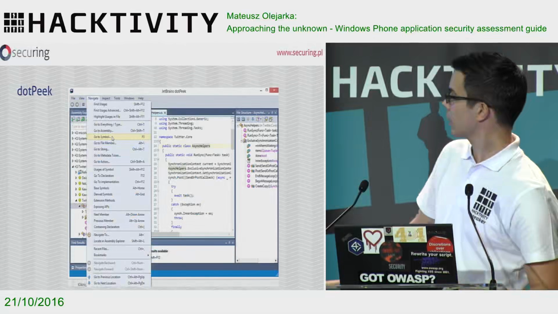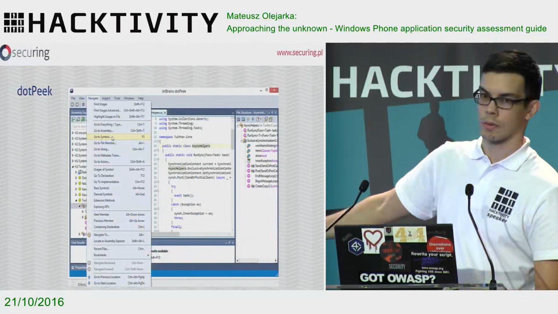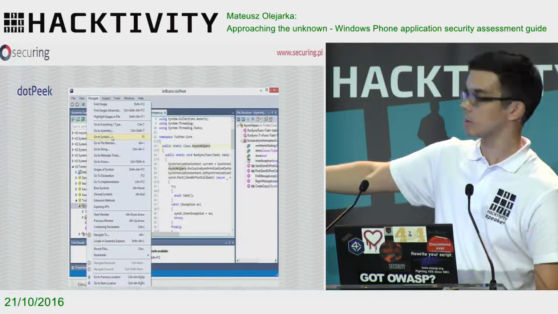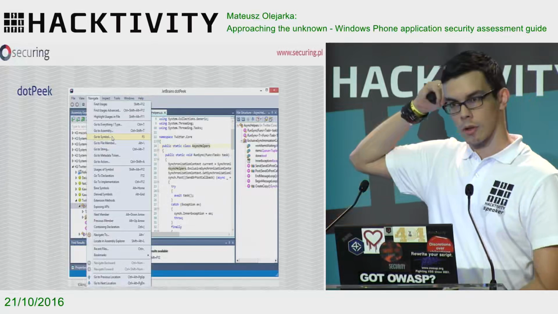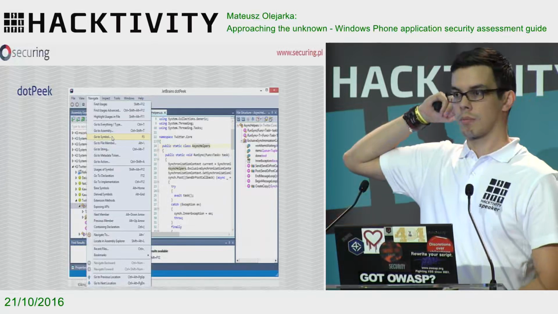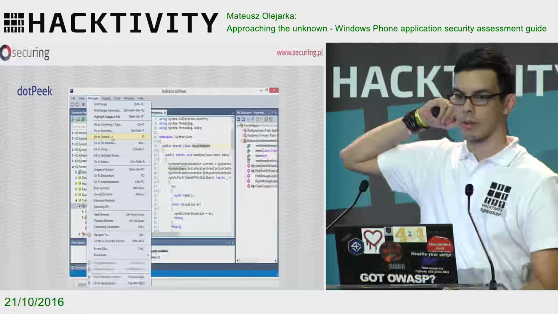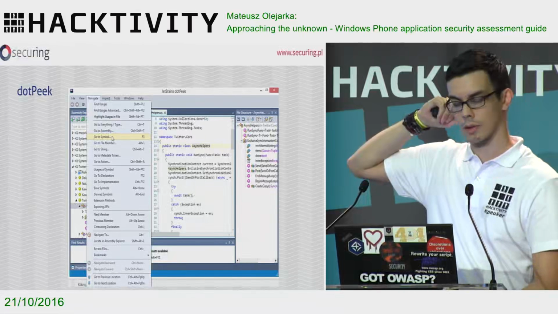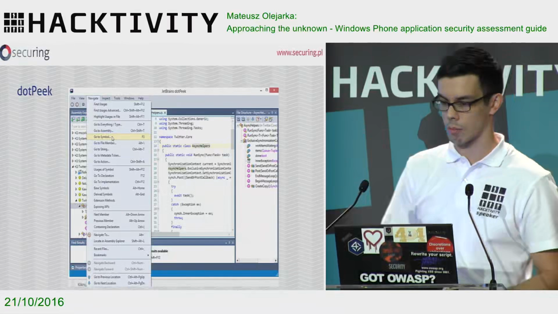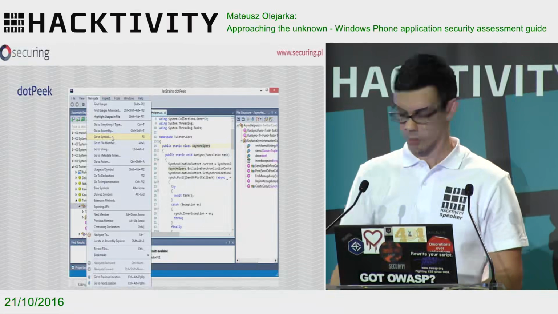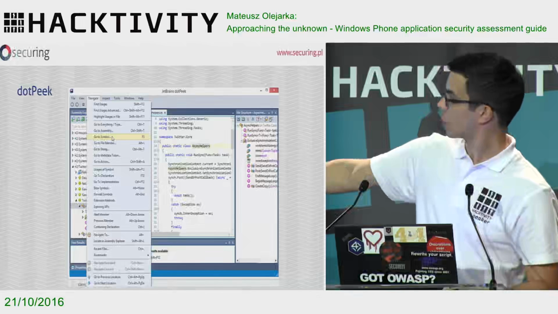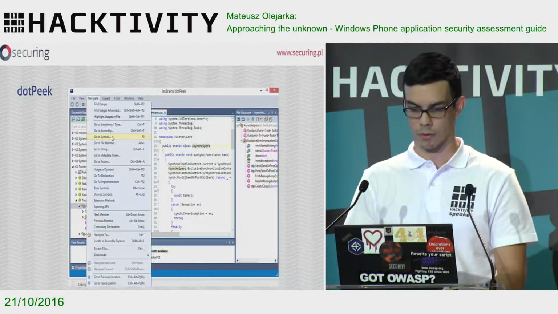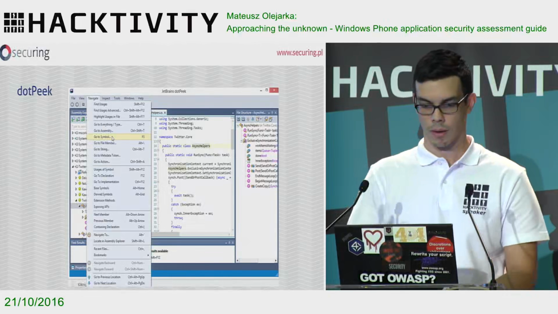This is how it looks. You can analyze not only Windows Phone, .NET libraries, all .NET stuff you can use. I recommend it. There was one tool called .NET Reflector, which did pretty much the same, but right now I think this is freeware, right? .NET Reflector done some commercial versions. So I recommend highly this tool. You can search for whatever you want for string and it will find it. This is cool, you can navigate through different pieces of the code.